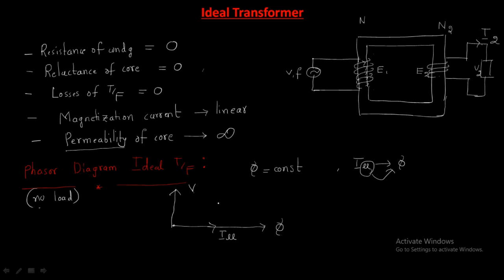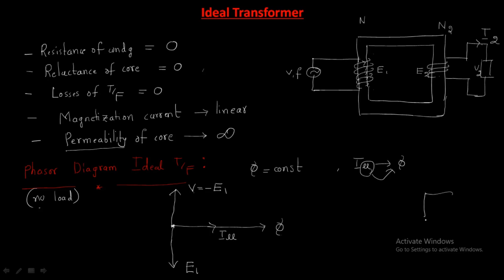condition. Assume that V will produce, and there is no resistance and impedance, that's why the V value is nothing but the produced E1. But the same value in the opposite direction it will produce, that's why we can take it as a minus E1. V is nothing but minus E1, and minus E1 means 180 degrees phase change, that's why we get the plus E1. And if there is no load, the transformer is like this.